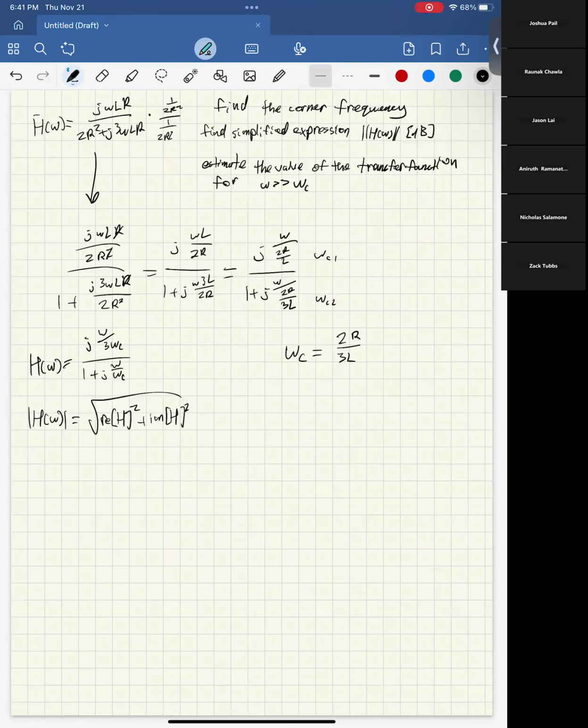So the magnitude of this kind of expression is going to be equal to the magnitude of the numerator over the magnitude of the denominator, right? And then if we want to find this in log form,